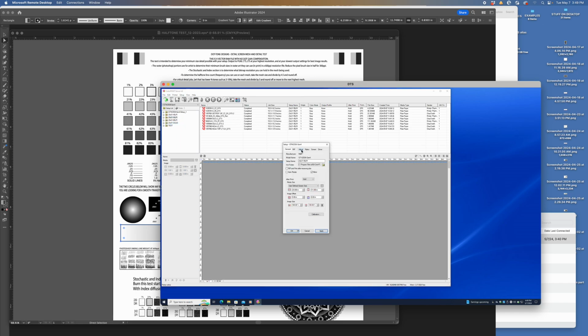I'll go there real quickly, and you can see this is our default curve. I use a slightly different one, but the rest of our shop has been accustomed to using this, which I don't find is as accurate, but